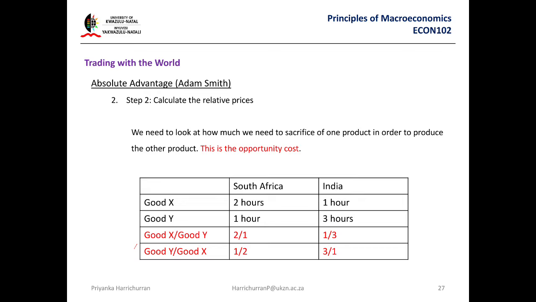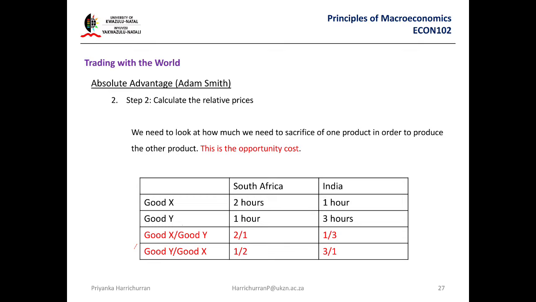So down, up. Again, think of clouds when it's raining, down, up. So good X over good Y, which is here, and then good Y over good X. Then you're done. Now just follow the equation, good X over good Y, so 2 over 1. And here will be 1 over 2, and here will be 1 over 3, and there will be 3 over 1. So you just follow that pattern, right? Think of rain, think of clouds, I told you. Going from up to down, so good X over good Y, but then you reverse. So once you do that, it's very simple.